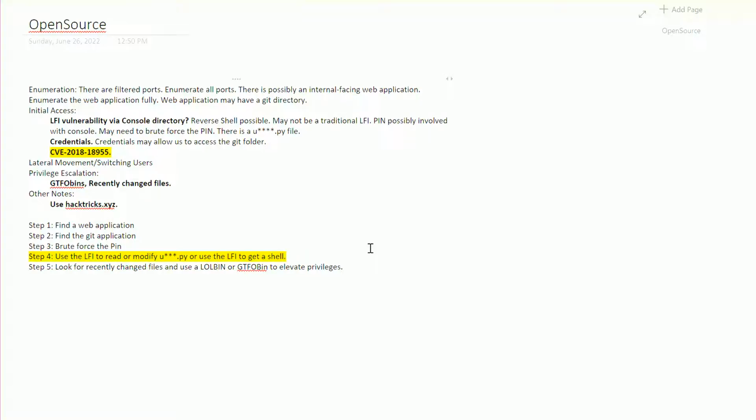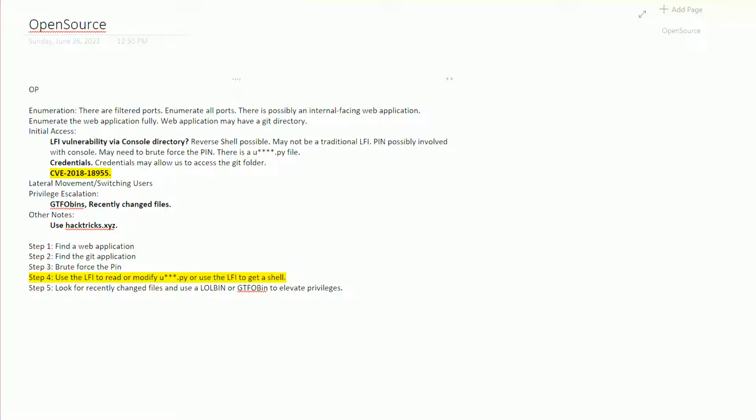I hope this doesn't spoil it for you, because again, I don't know anything about this box other than what I got from the forums. I think this could be a pretty fun box. I really do. But yeah, we're gonna rename this open source, and then I'm going to say this is actually